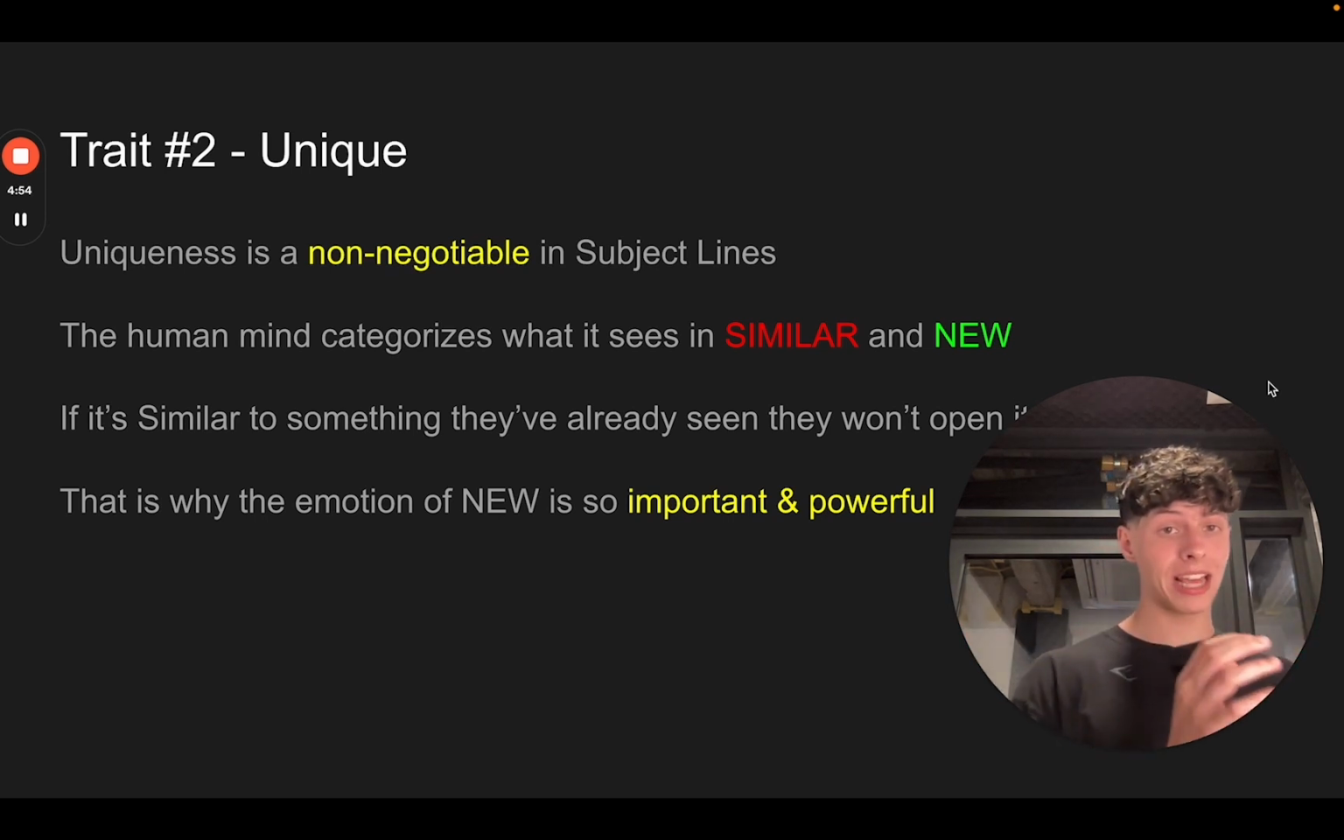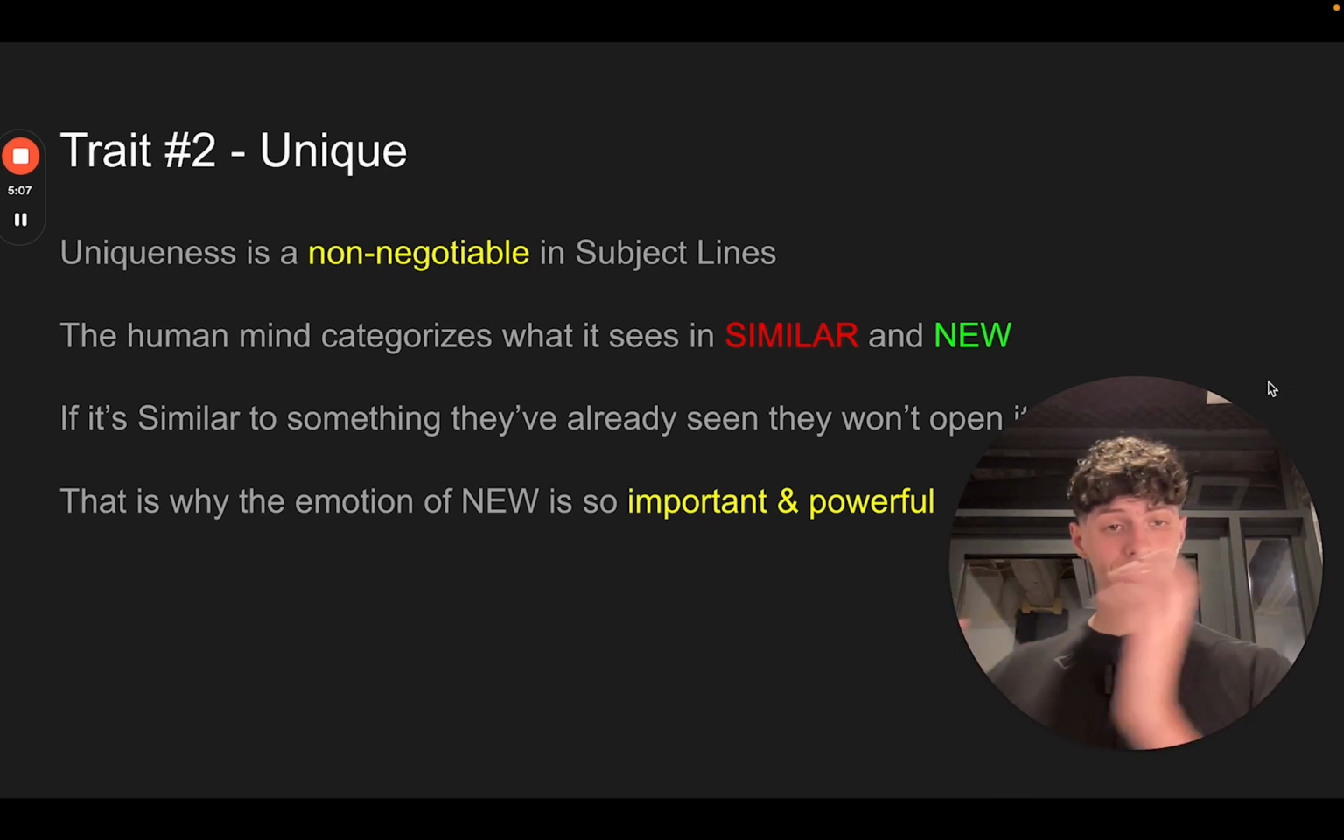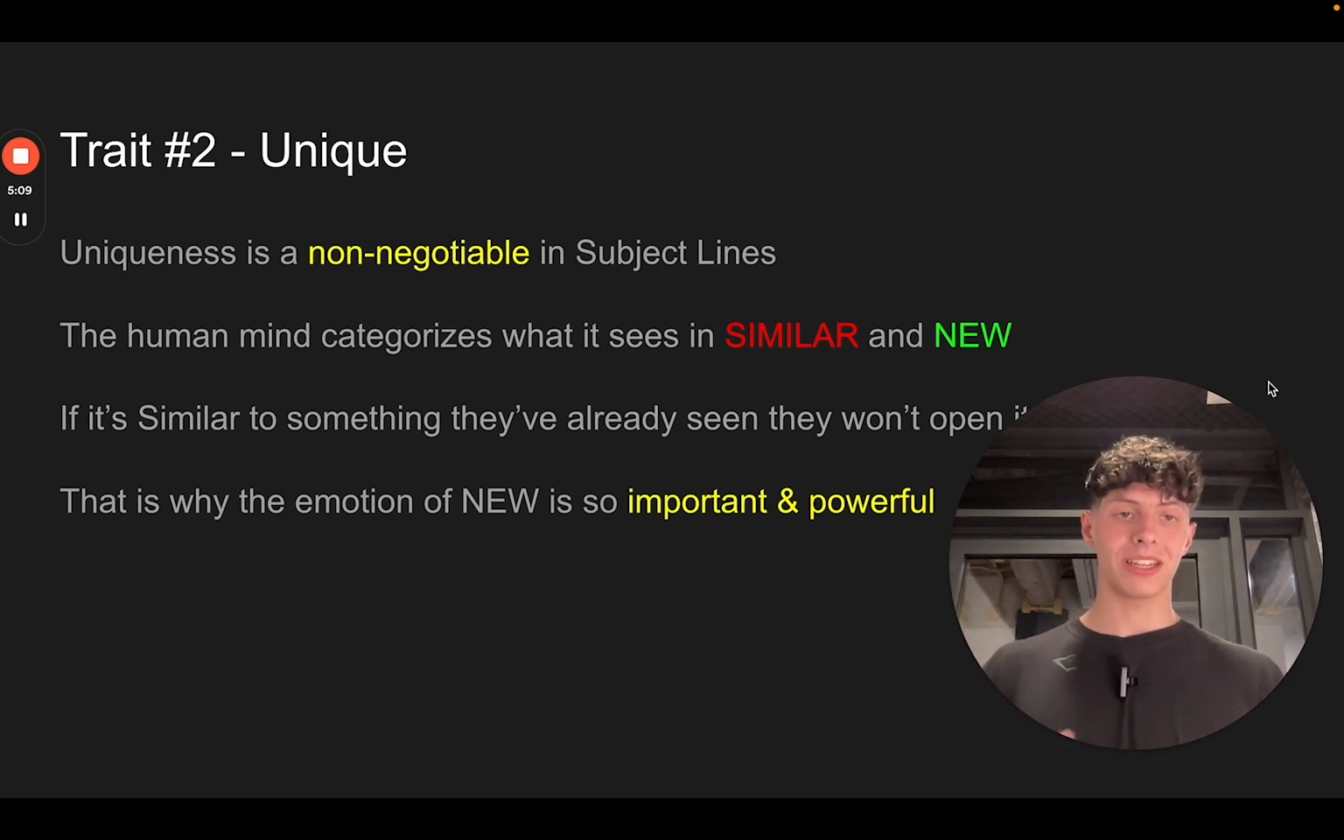Uniqueness is what makes your email stand out. So it's important because if it's something unique, it's also something new to their mind, which is very important. It's very powerful. If it's something new, it's powerful. If it's something similar, they will not open it. It's terrible. You would never want it to sound similar to anything else. Let's look at